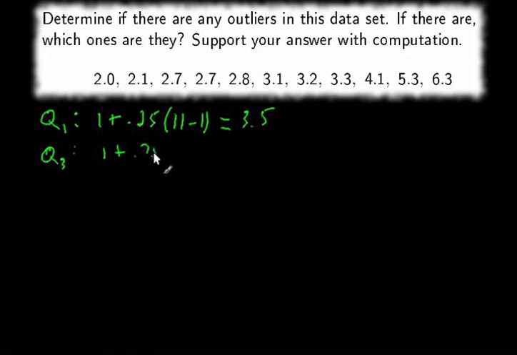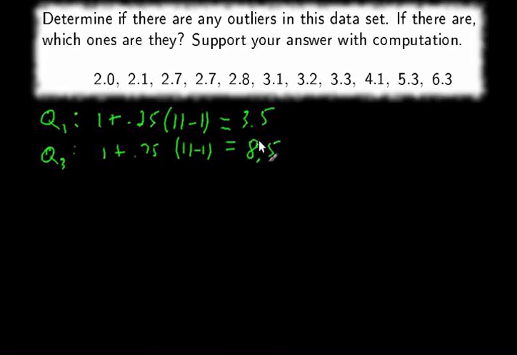So to begin, we calculate Q1. There are 1, 2, 3, 4, 5, 6, 7, 8, 9, 10, 11 data values here, so the sample size is 11. And the index of Q1 is 1 plus 0.25 times (11 minus 1), which is 3.5. Q3 has an index of 1 plus 0.75 times (11 minus 1),